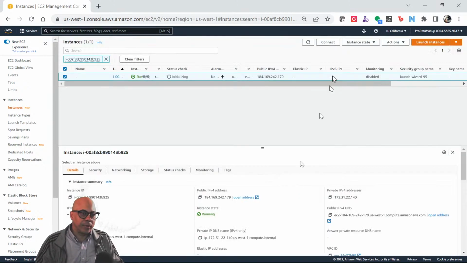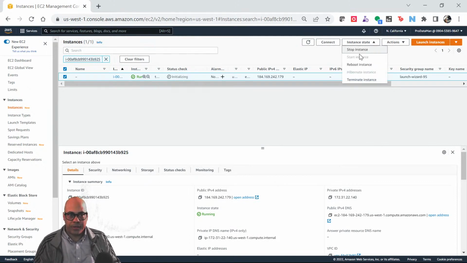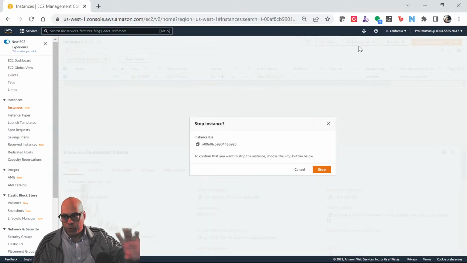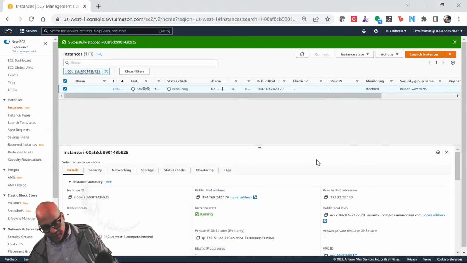Actually, before I terminate, what you're going to want to do, if you want to keep using this thing but you don't want to pay for it, when you're done working with it, you just stop it. If you stop it, it'll keep the server at its current state, whatever changes you made to it. It'll still be there in your account, but you won't be paying for the compute time, right? And it's the compute time that costs you $1,400 if you leave it up and running too long.